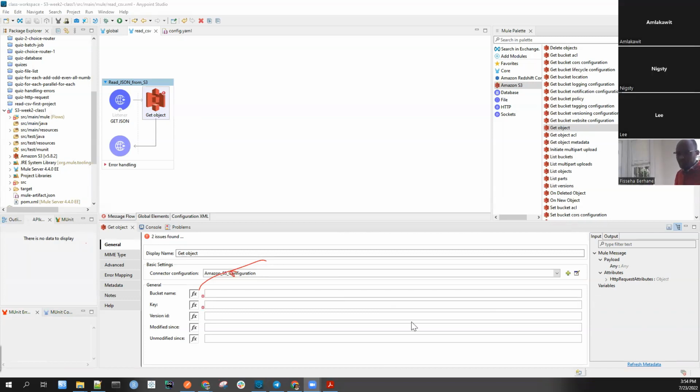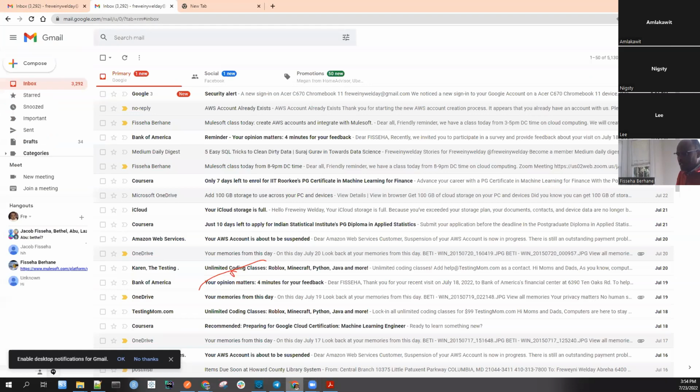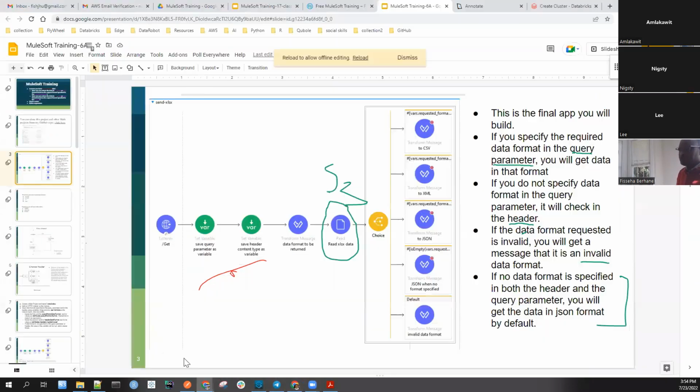The buckets. Would you show me where to get it? I missed that one. Oh, I'm sorry. Okay. So